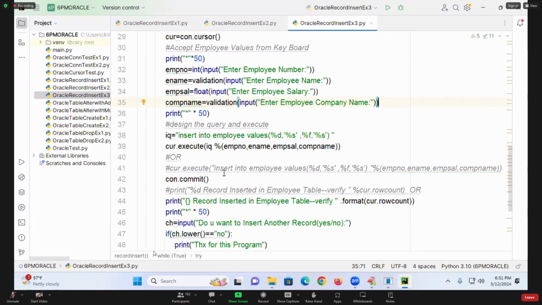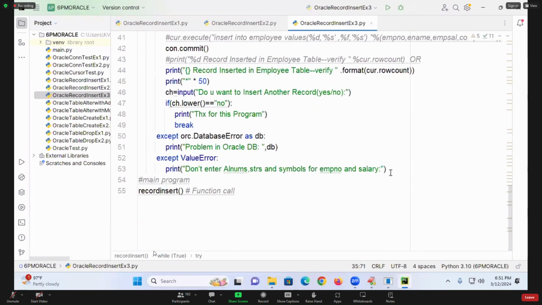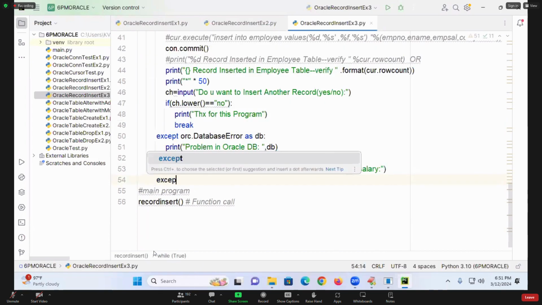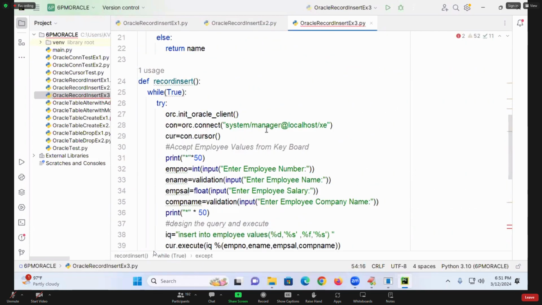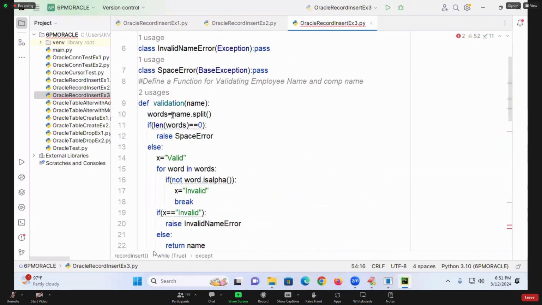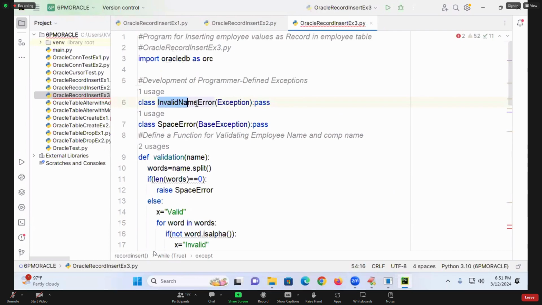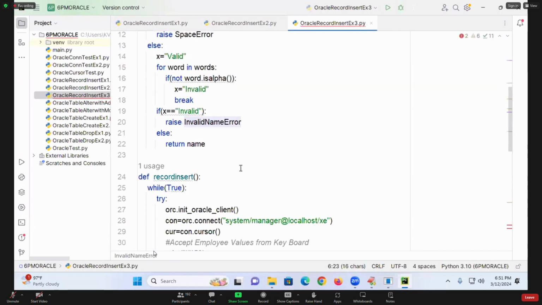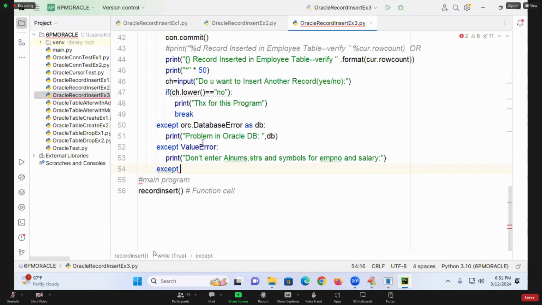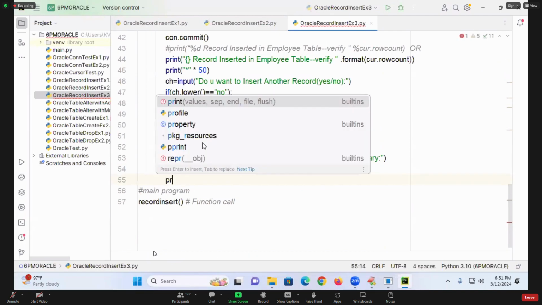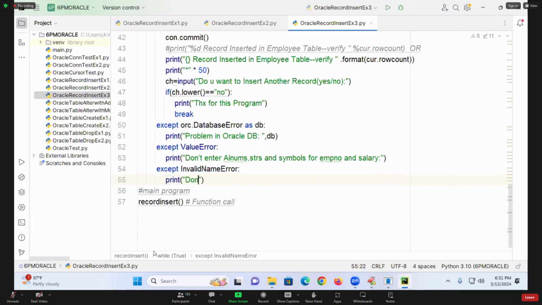definitely I need to go for handling exceptions. Already there is a value error. What should I take? Except what? What is my exception name? Invalid name error. This one I am taking. Invalid name error. So print of what? Don't enter invalid company names, or your company name must contain company name or designation